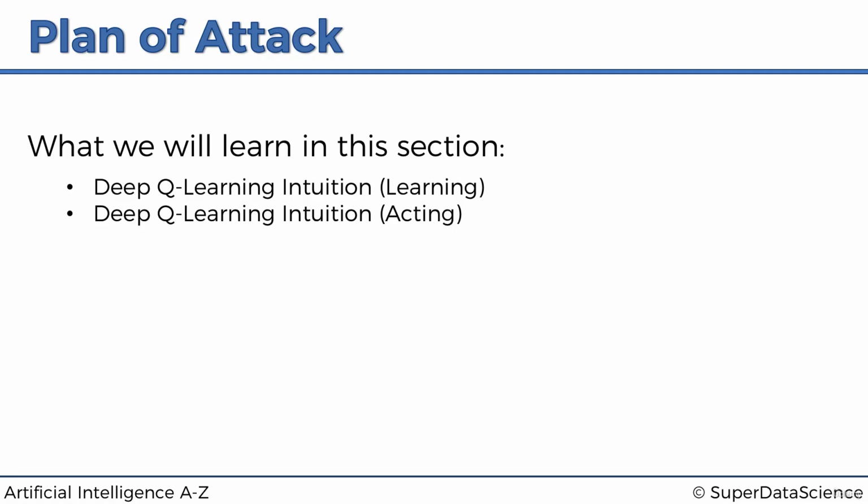And then we're going to talk about how deep Q learning algorithms actually decide what action to take in what states. Then we're going to talk about experience replay, a very important addition on top of deep Q learning, which actually enables deep Q learning to work properly, and you'll see why it's important from that tutorial. And then we're going to talk about action selection policies. We're going to talk about how deep Q learning agents are able to combine exploration with exploitation. So once they found something, a good approach, they can use that approach, but also they need to explore so that they don't get stuck in a local maximum.